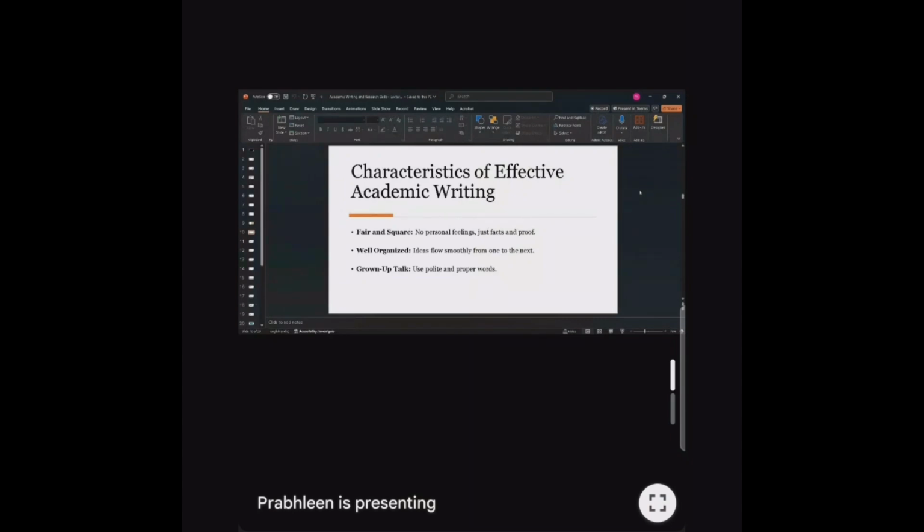Similarly, it's very factual, so there are no personal feelings involved. I'm not putting out my hatred of something. I'm not writing my biases or whatever influence I have. I'm only writing whatever facts and proof that I have found through research. And all the paragraphs, all the lines, all the sentences that are there, they're connected with each